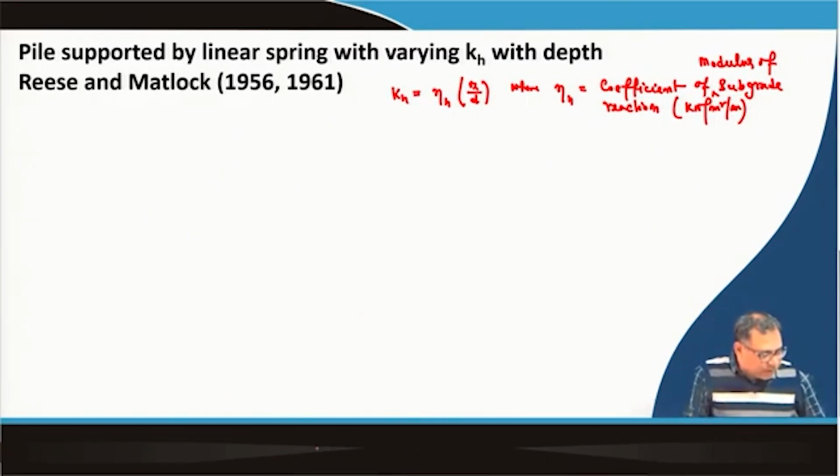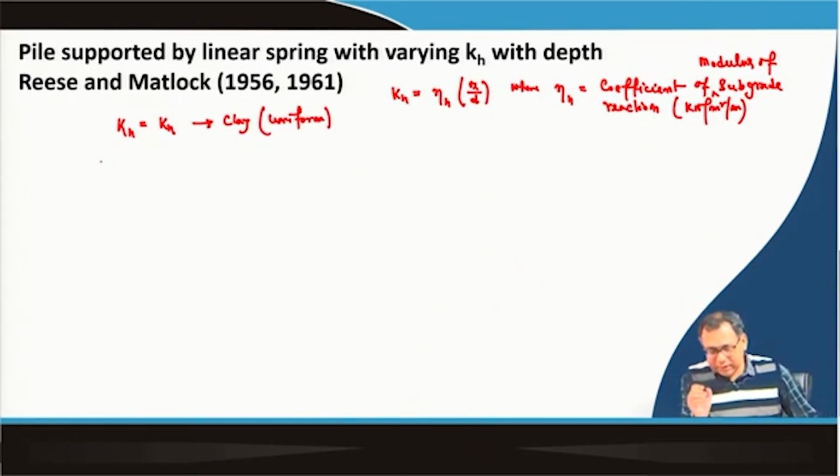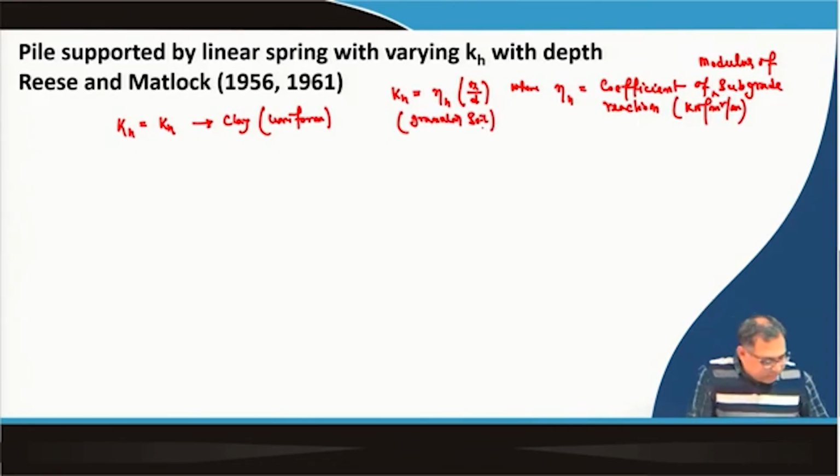Okay, or sometimes it is called unit subgrade reaction or subgrade modulus. So, that means here we can say that kh is constant for clay soil, that means uniform, and for granular soil we can use this concept. We can use this one. Okay. So, now this approach